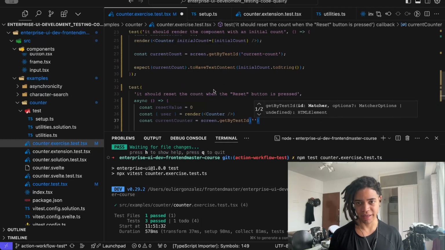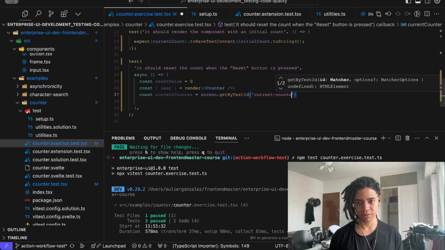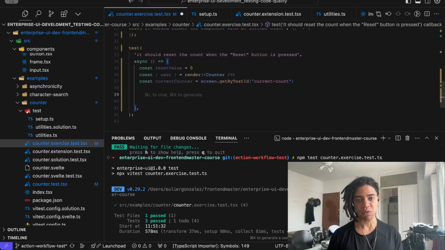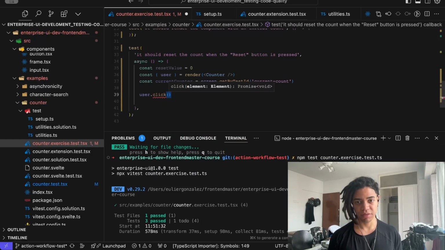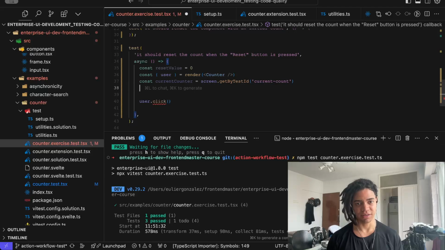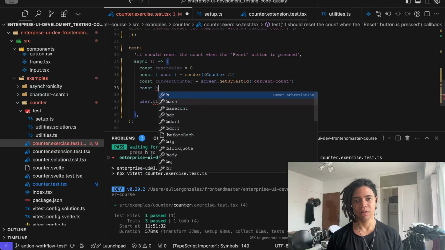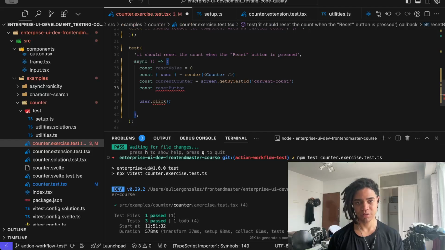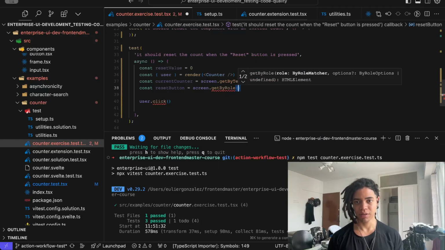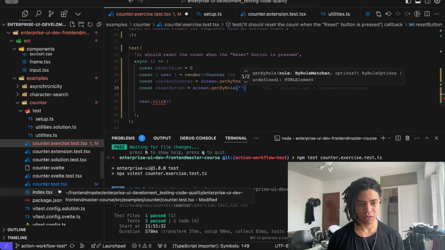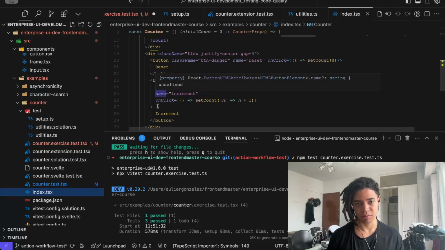So get that text by this current count, and then we're going to define the testing logic, which is, by the time I click on the particular element, in this case the reset button, please get me that element, but in this case get by role, and that is the role of this button,